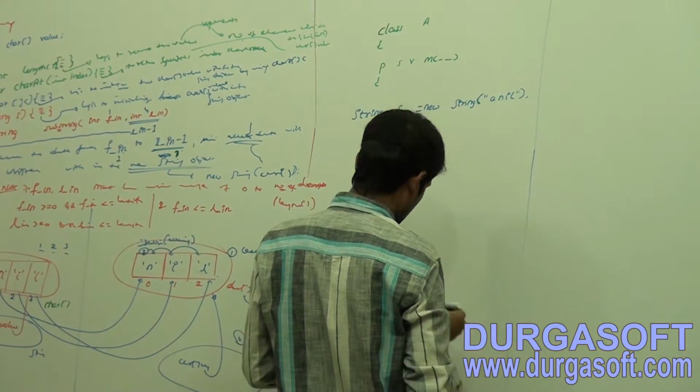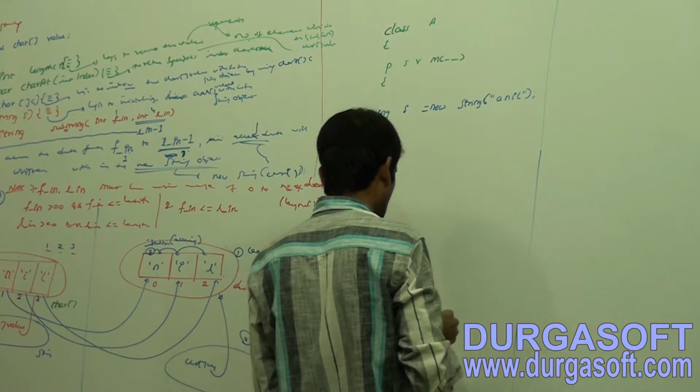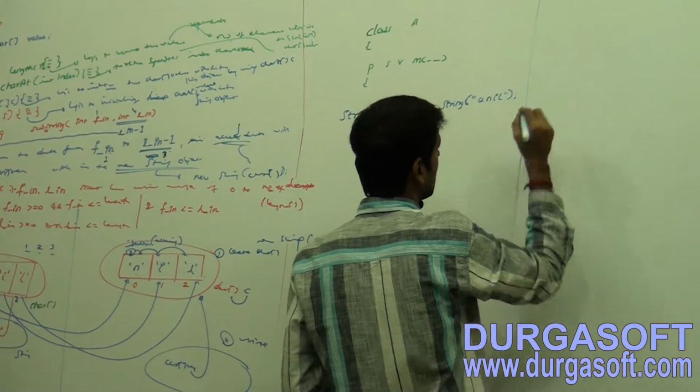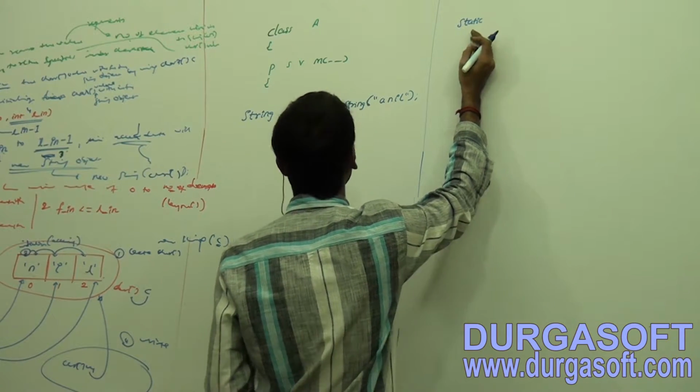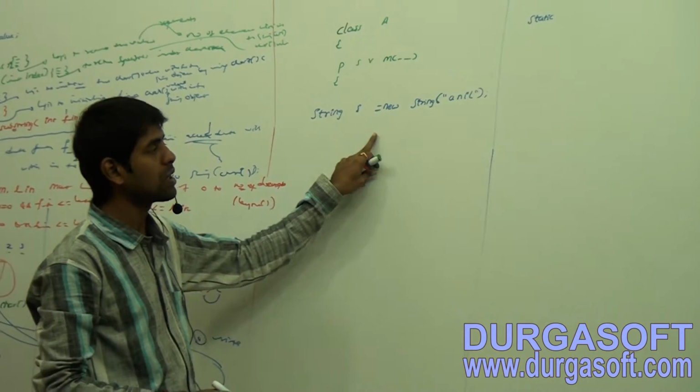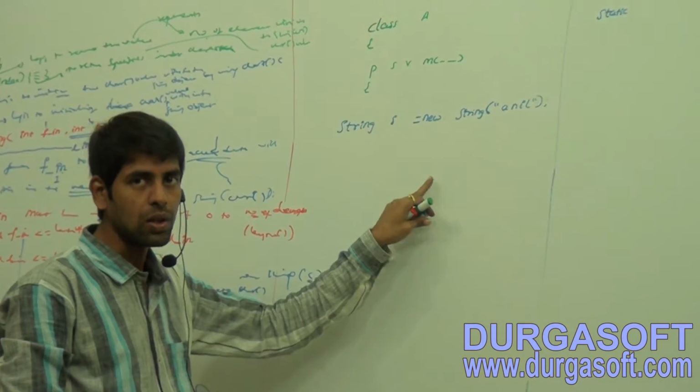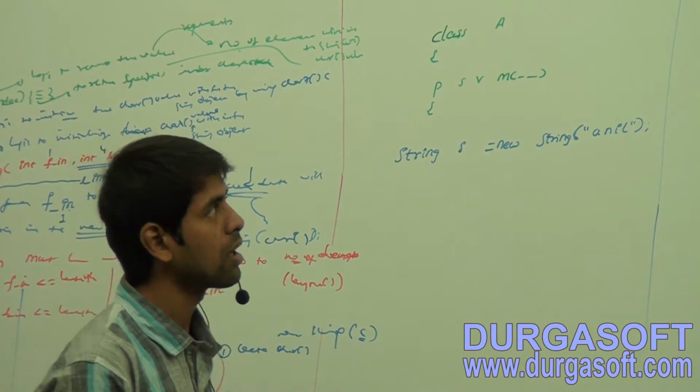Try to write the prototype for our own method. Let it be a static method. Why static? Means I want to access that one within this main method without creating an object. Okay, now